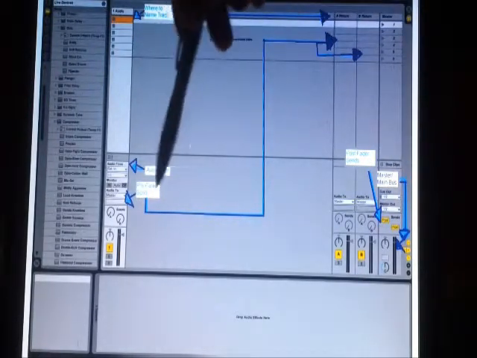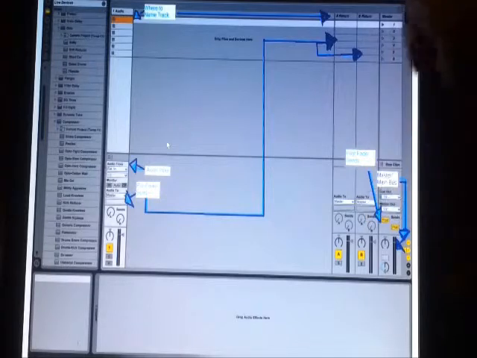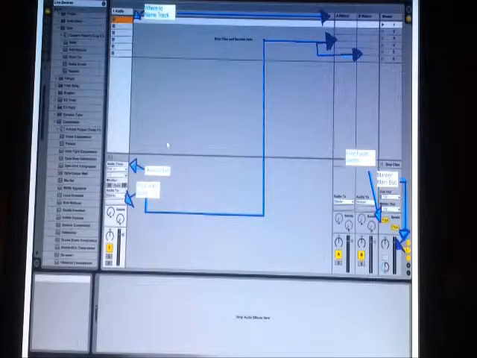But back to the sends. Pre-fader sends correspond to these two channels on the side, and I've been learning how to use these right now. One of the benefits of the class is properly knowing how to use your side chains, and basically